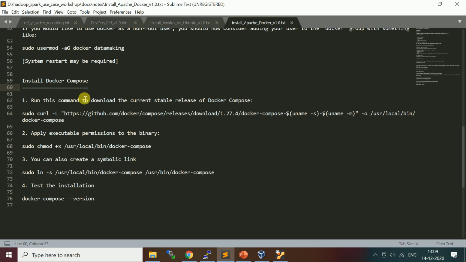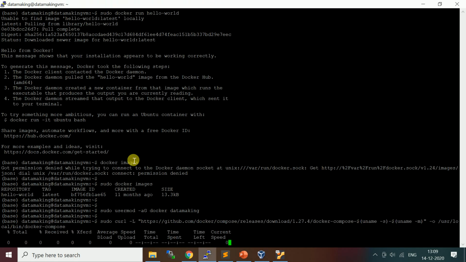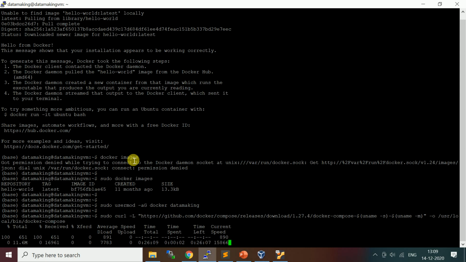Let's install that also. It is a very simple step. You have to download the binary of Docker Compose using this command, and just run it here. It is just a couple of MBs, so again, it's based on your internet bandwidth.